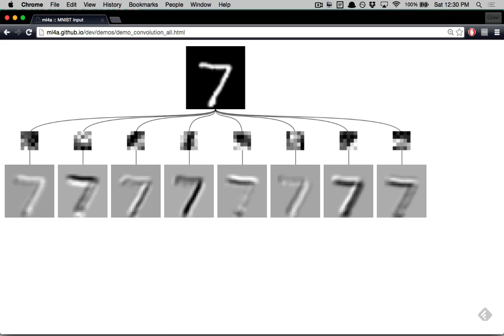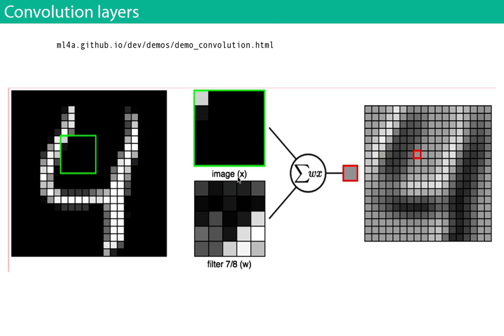Is the filter the weight, essentially? Yes, the filter has a set of weights which are grouped together. Now, this may not seem that interesting at first, but when we combine them, and I'm going to have a demo in another slide, it will show exactly why these become useful.